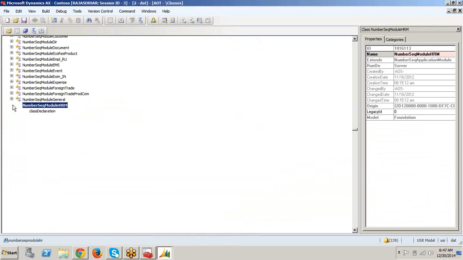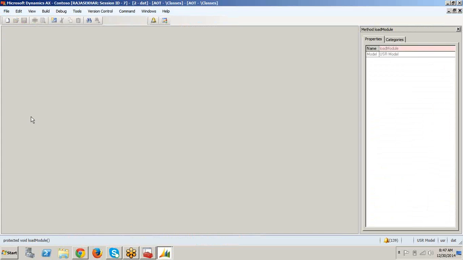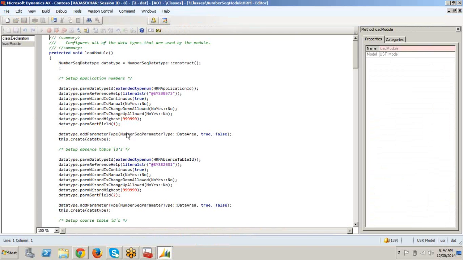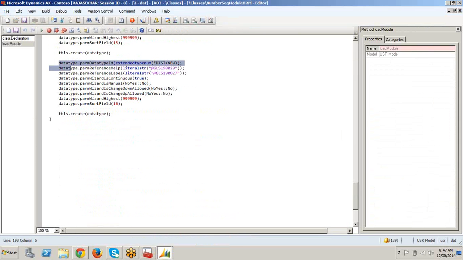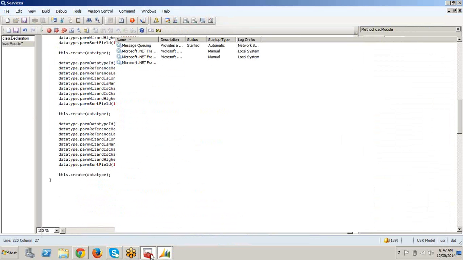We got this class. In this class, go to loadModule. Open loadModule. In the loadModule, you copy this existing code, Control C, Control V. What is our EDT name?